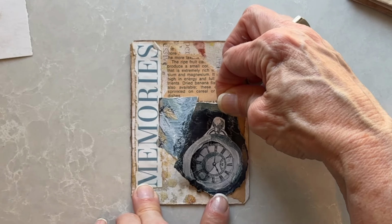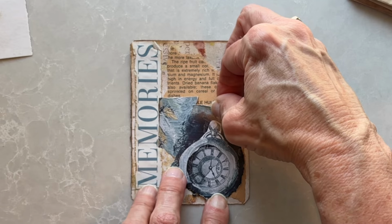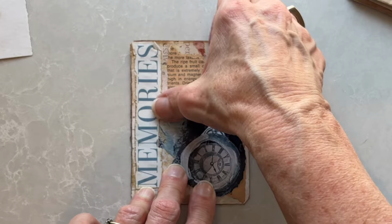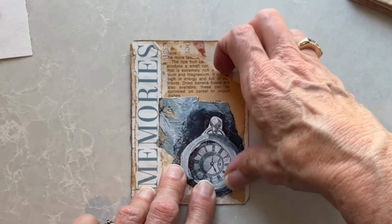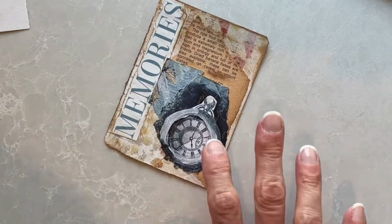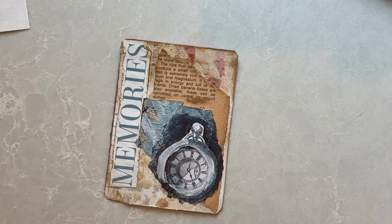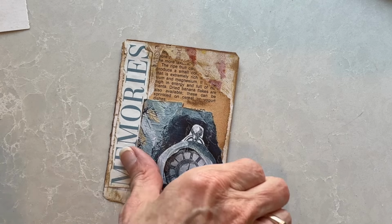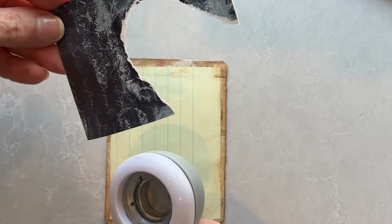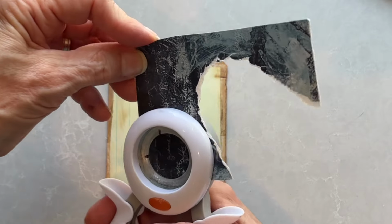So taking an image and tearing it apart and then kind of reconstructing it to fit the way you like it to on your page. Just gives it a new look, makes it fit a little bit better. That's a fun grungy one. And on here, I'm going to keep the same color scheme, so what I'll do is I will use my